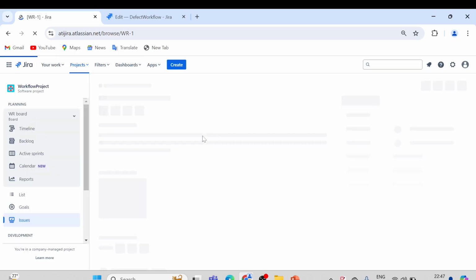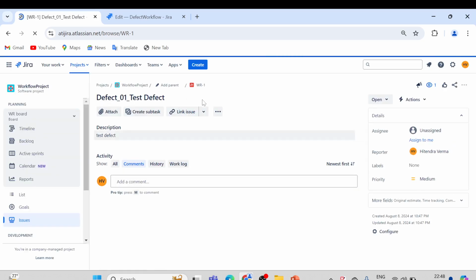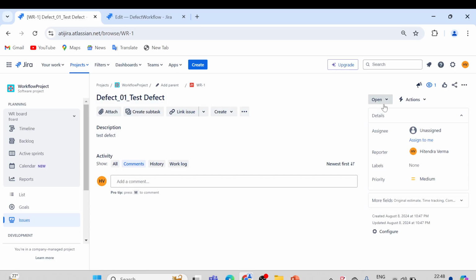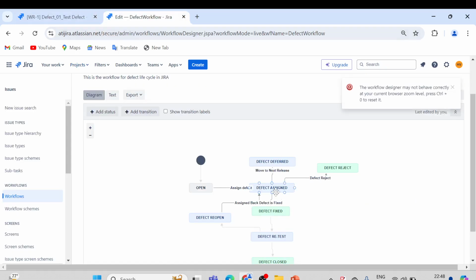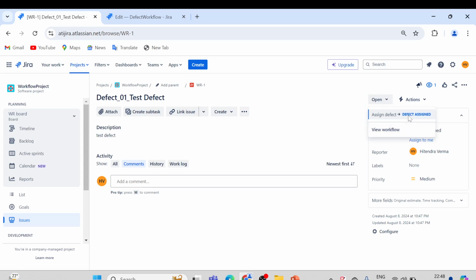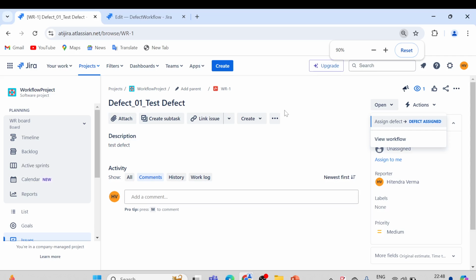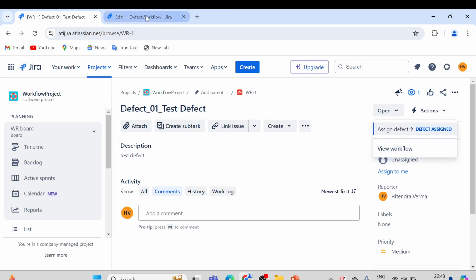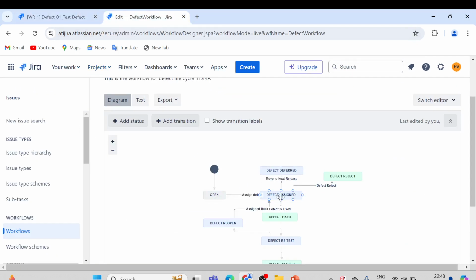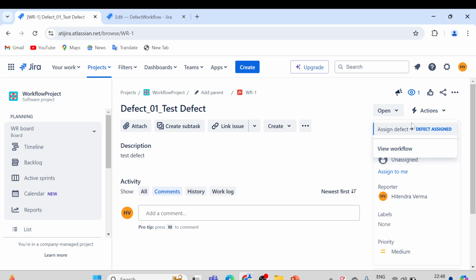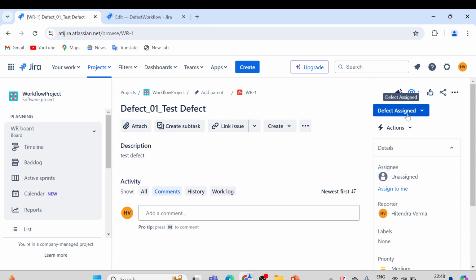So let me open that issue, defect issue. Now if you see the right side, we have the status of the defect, right? So here we have open, and what would be the next one? Defect assign. As part of our workflow, defect assign. Let me increase the font size. Yeah, here you can see in the workflow, open to defect assign. That is the transition. So if you just see here, assign defect, so simply select that one,